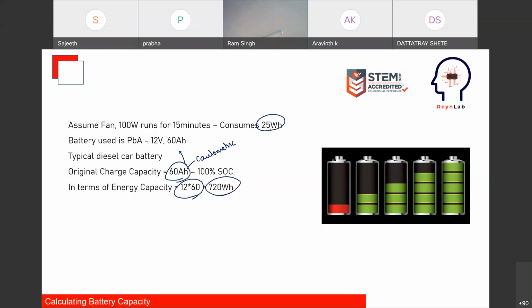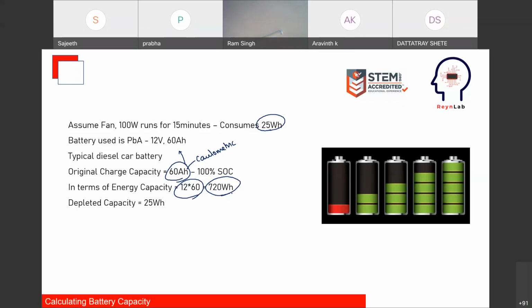Now when you go to buy a battery for your diesel car and they ask what amperage battery, what size battery you want, 60 Ah, 50 Ah, it basically denotes the storage capacity, how many liters. 60 Ah has got more current than your 50 Ah battery. So 720 watt hour is again energy which is in the battery.